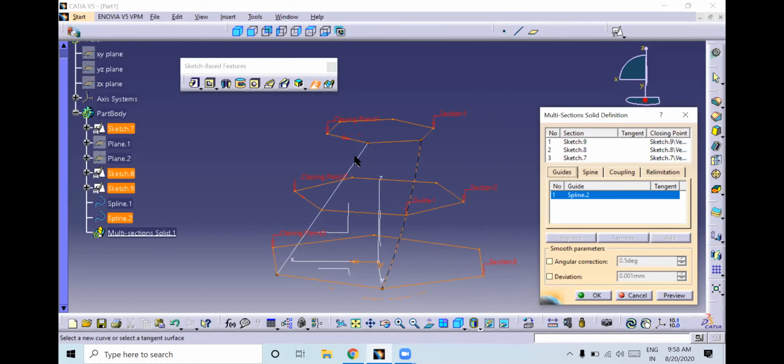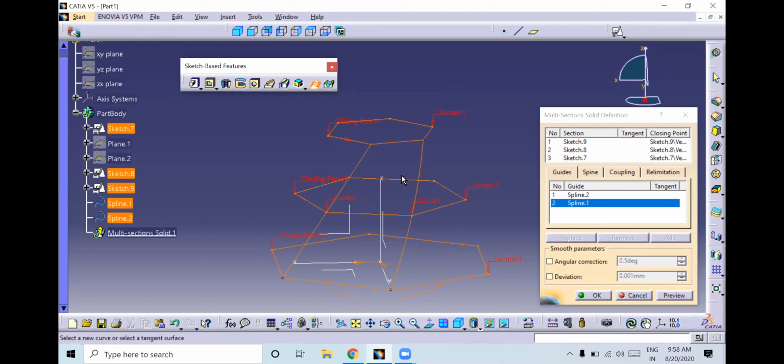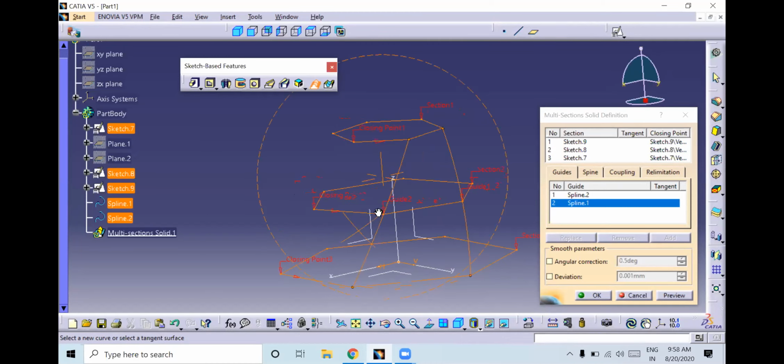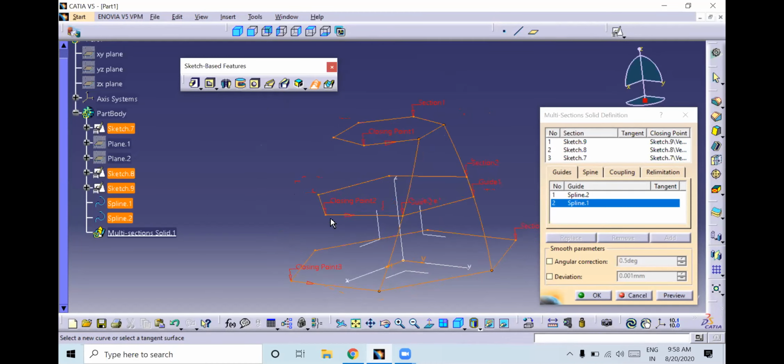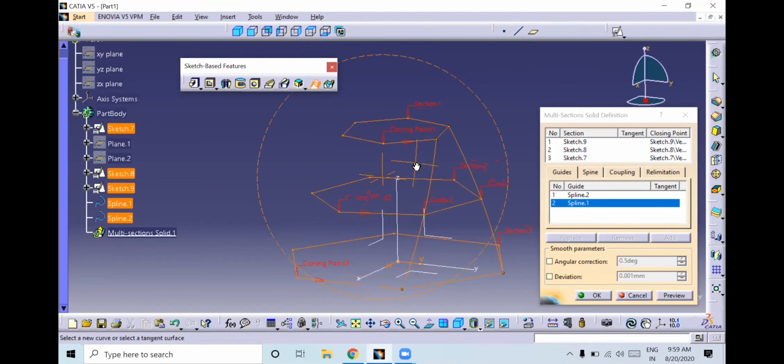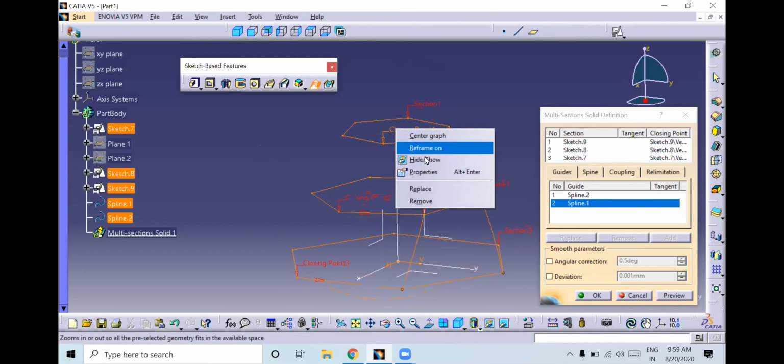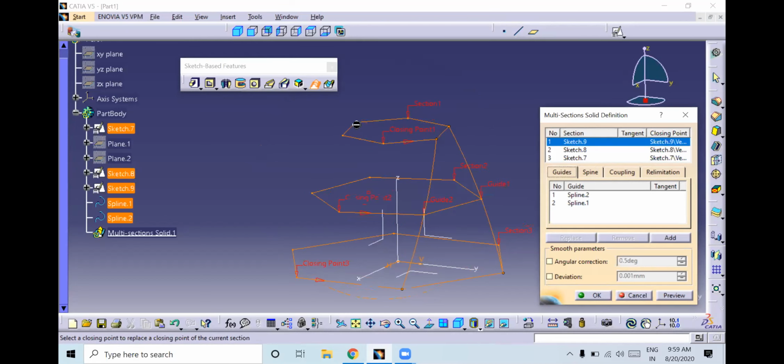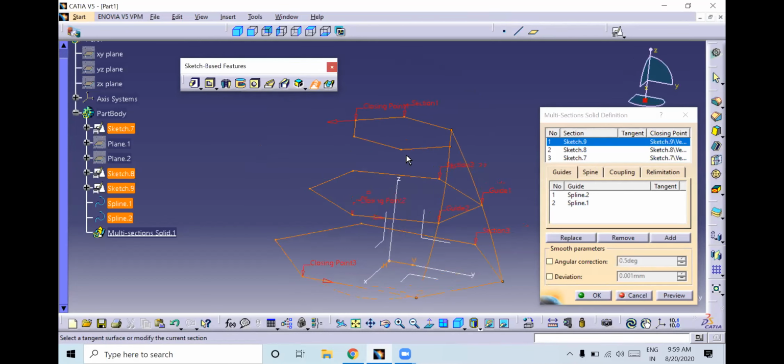Next is very important. Here you are observing the closing points, right? Closing point 1, closing point 2, closing point 3. These should be aligned. Sometimes what happens is the closing point is somewhere here, closing point 2 is somewhere here, closing point 3 is somewhere here.